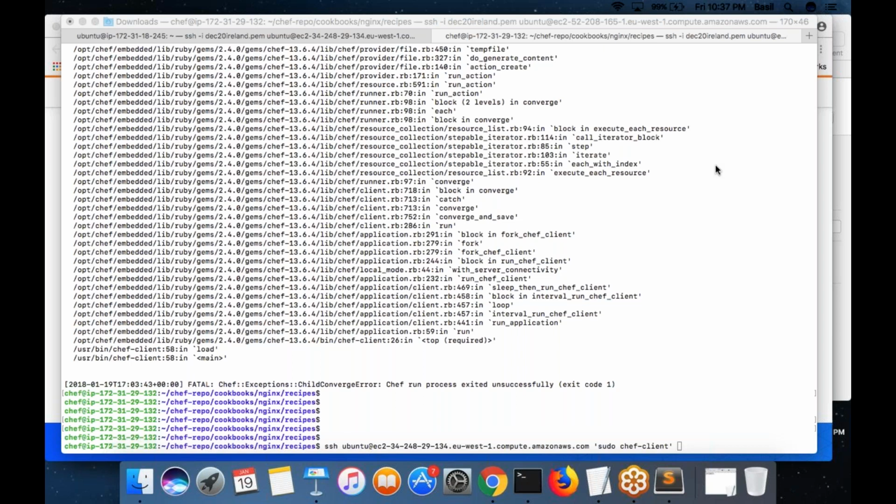No. The error is about the admin.pem and DevOps validator.pem that you needed to copy from the chef server to the workstation. Yeah, but I have copied it from the Chef server to the workstation. That's how I connected the workstation and Chef server, right? You got the error when you tried to connect the Chef workstation with a node that is Web 001.